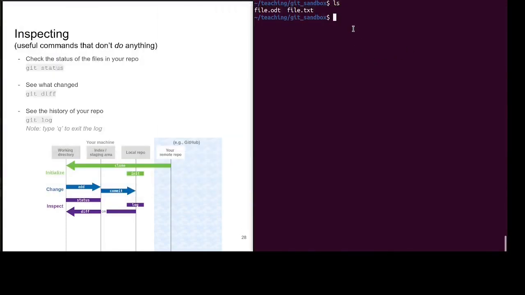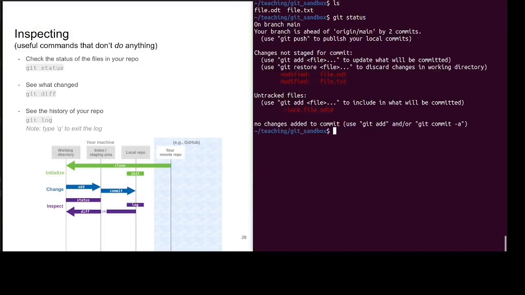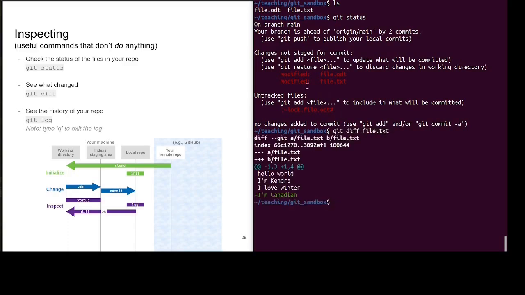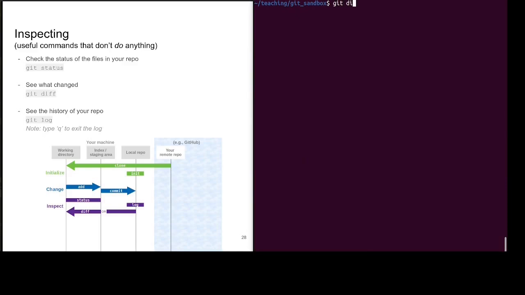Now let's see what the git diff is like for each of these files. First, I'll do git status just to show you. I've changed both of these. I have not added them yet. They're not staged for commit. This is just a temporary file because I still have the document open. Just ignore that. If I do git diff and then file.txt, you'll see that Git can conveniently tell me that I added this line, I'm Canadian. On the other hand, if I do git diff and then file.odt,